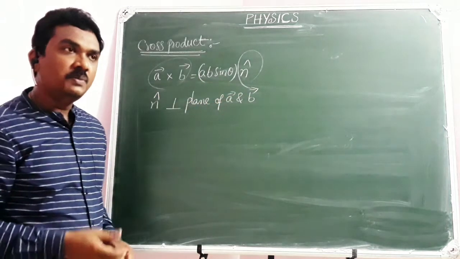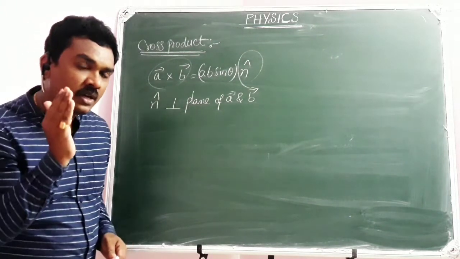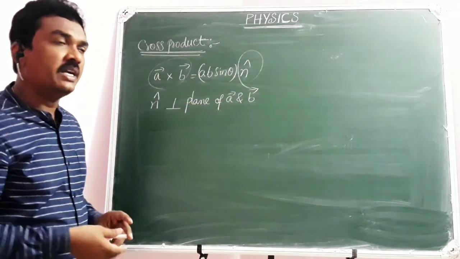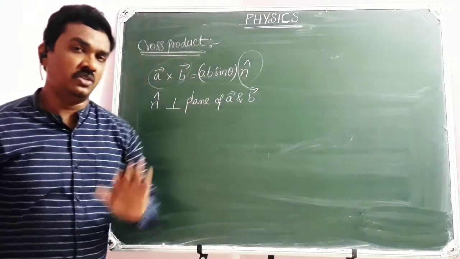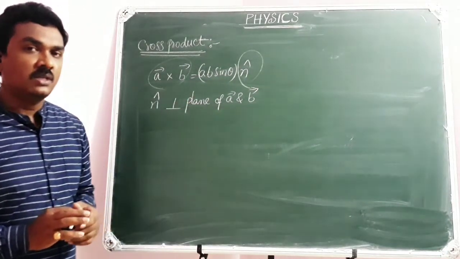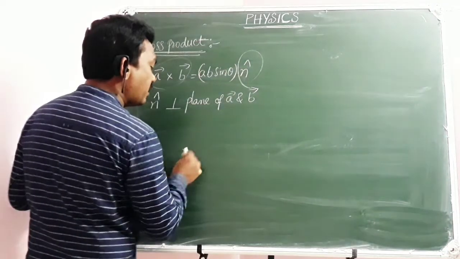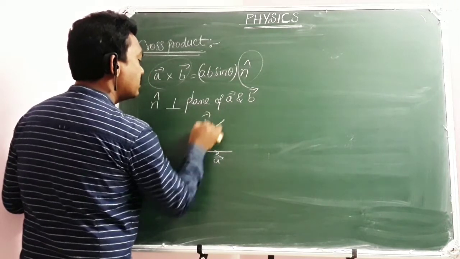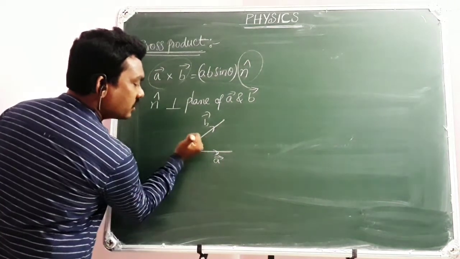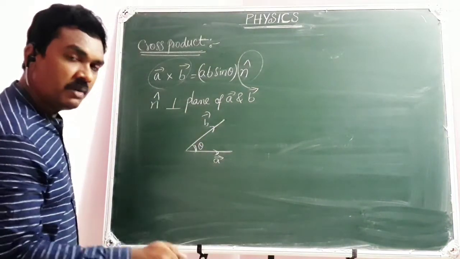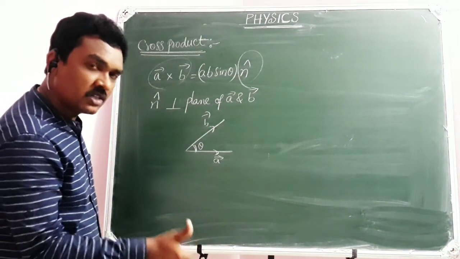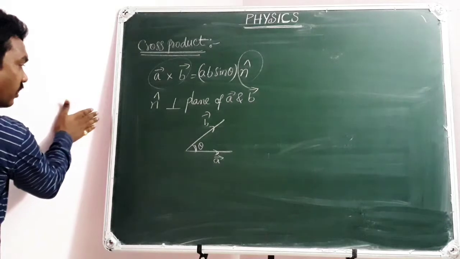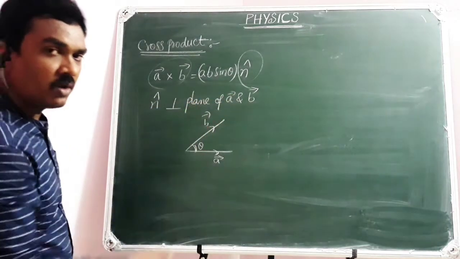Right hand rule. What can you understand here? When we change the plane of A bar and B bar, the direction of A bar cross B bar automatically changes. This is what you need to identify. Shall I repeat? If A bar and B bar are in the plane of the board at an angle theta, then A bar cross B bar will be perpendicular to the plane of the board. If A bar and B bar are on the floor, then A bar cross B bar is vertically up, perpendicular to the floor. If A bar and B bar are in the plane of the wall, then A bar cross B bar will be perpendicular to the wall.